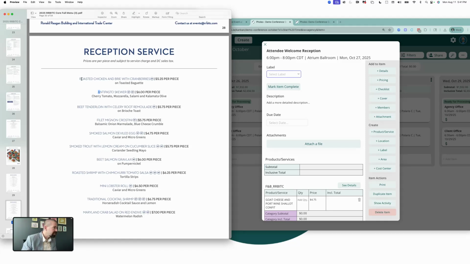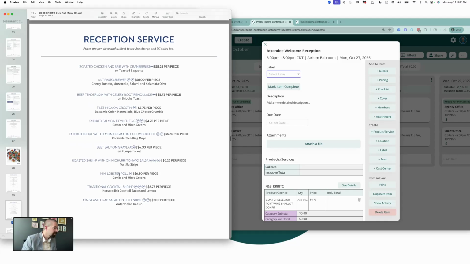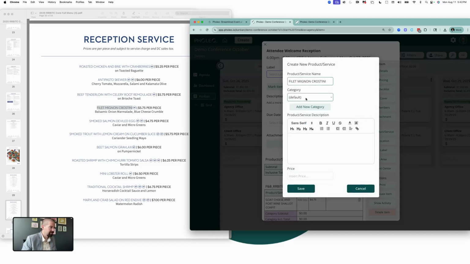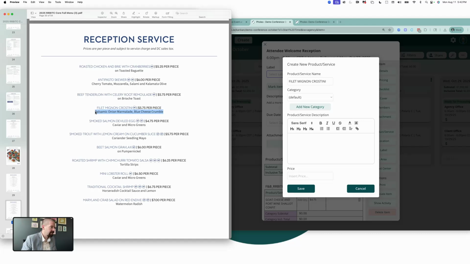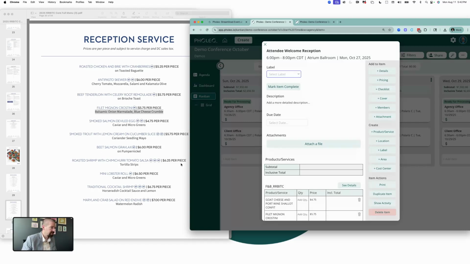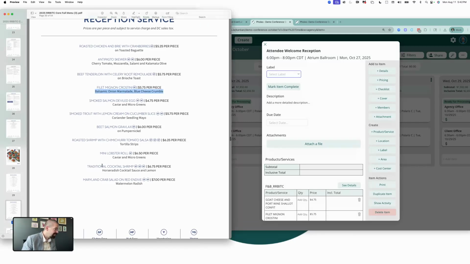So much cheese. I want to stay away from shellfish. It's very polarizing. We'll do a beef filet mignon crostini. This is balsamic onion marmalade and blue cheese crumble. This is going to be nut-free. This is a $5.75 per piece item. And our category. And then